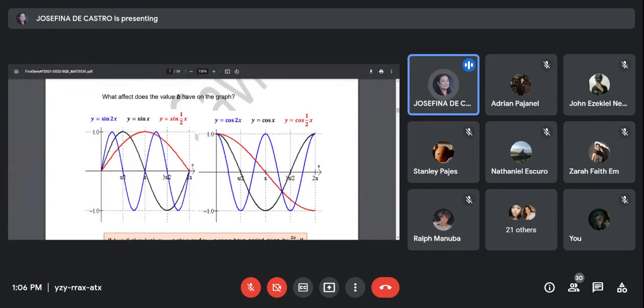Yun. So, ano ang observation mo? Pag po may value po ng B, naaapektuhan po niya yung length or yung haba ng cycle. Sabihin mo, number, hindi haba ng cycle. Yung number po nung cycle. Okay. Yung kulay blue, ilang